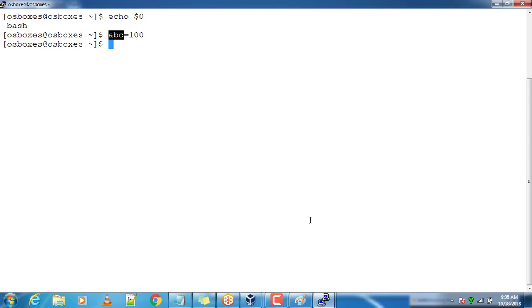We will see that variable declaration, but before that I'll just show you how this source and the other way of execution work differently. So abc equal to 100, and you can just get $abc, so that will give you the value, that is 100, right? However, if I just use the shell script